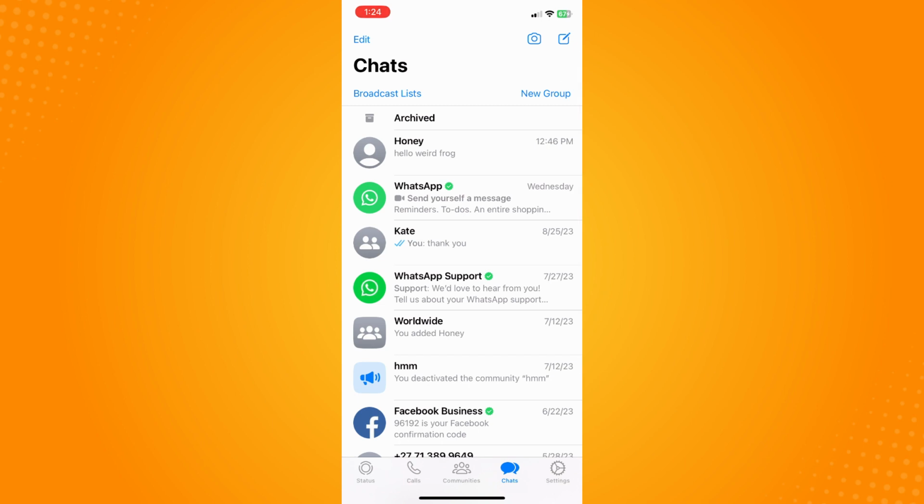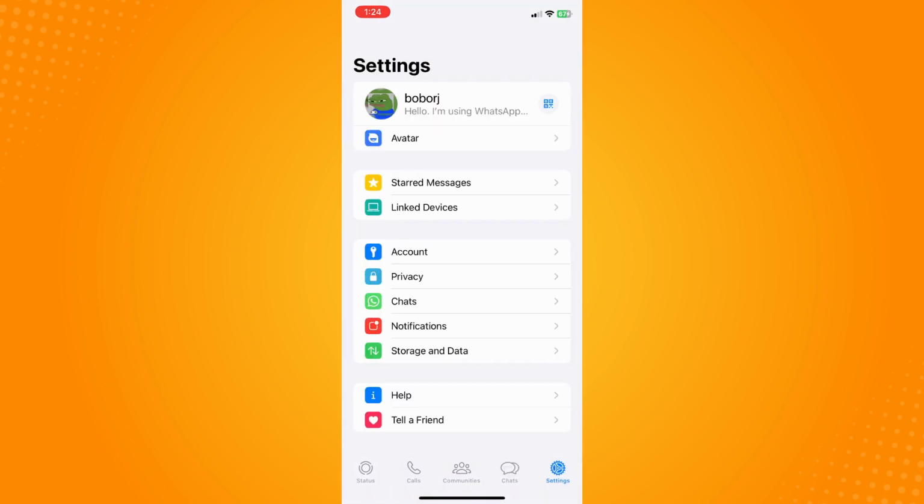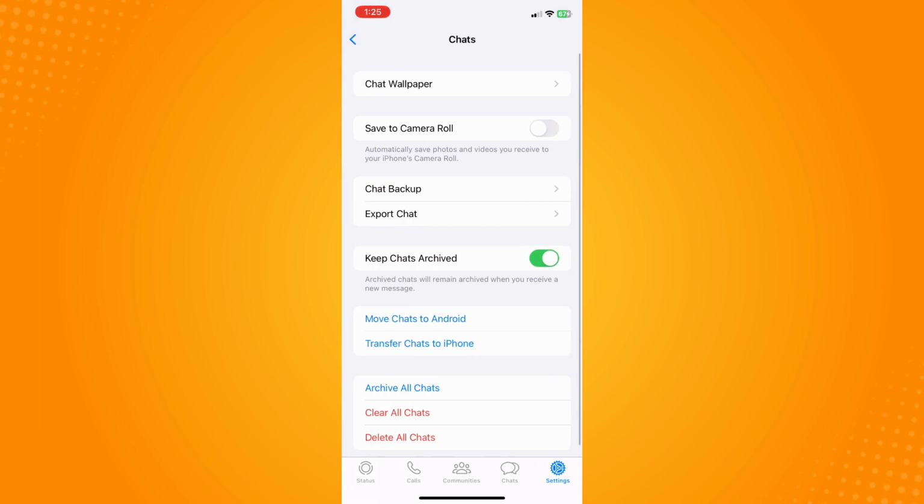Now, the next thing that you want to do is, on the bottom part, you'll see 5 different options. You'll see status, calls, communities, chats, and settings. So what you want to do is tap on the gear icon or the settings, and here in the third section, you will see account, privacy, chats, notifications, storage, and data. So you have to go to your chat section here, and in the second section,